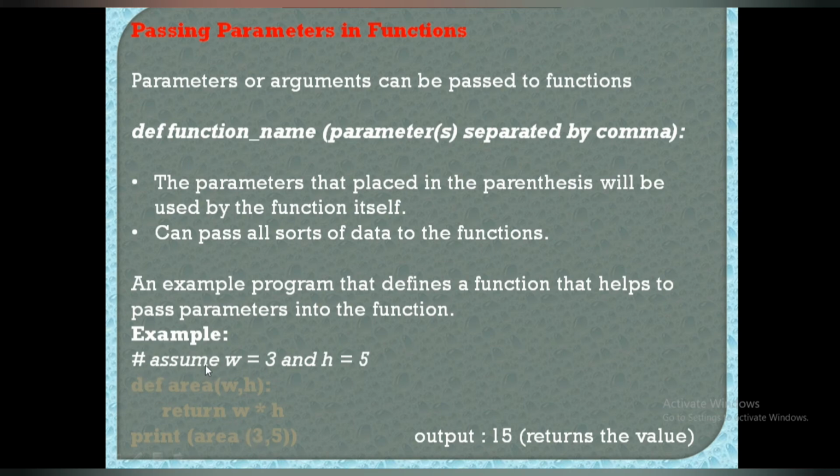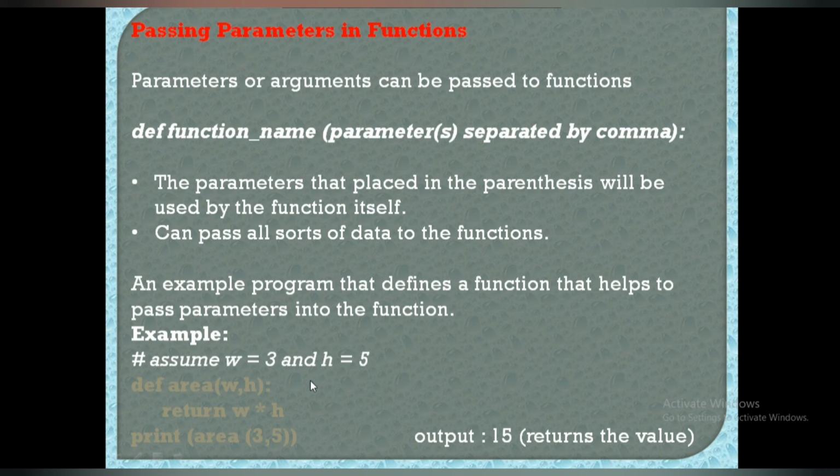Okay, here this comment line is used to specify what value you assign to the variables w and h. So what is the meaning of variables? Variables are the memory boxes that are used to store the values. Okay, so it is a named entity to store the value. So this comment line is used to specify what value is stored inside the variables w and h.